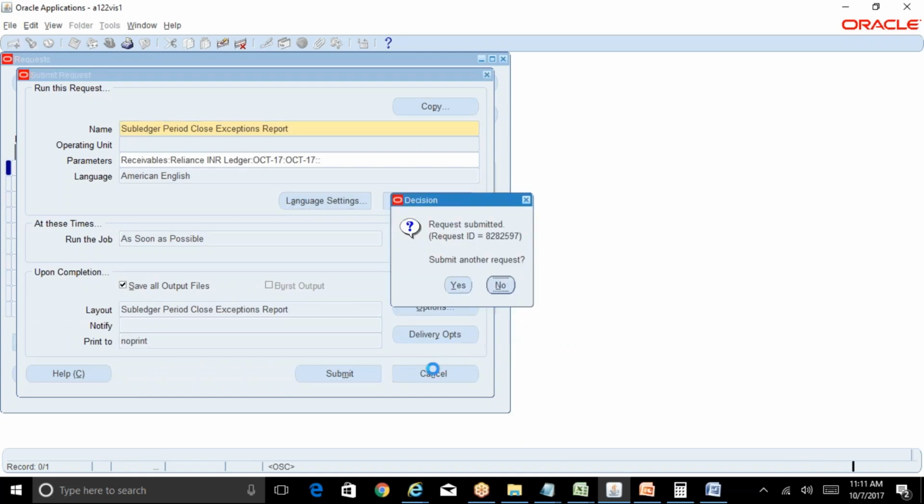In this case, I think it's a bad example because we are on 7th of October and we are trying to close October. System will allow that. There could be some transactions created with a future date and we did not run the create accounting for the future dates. But this subledger period close exception report will show you the details of all those exceptions which are preventing you